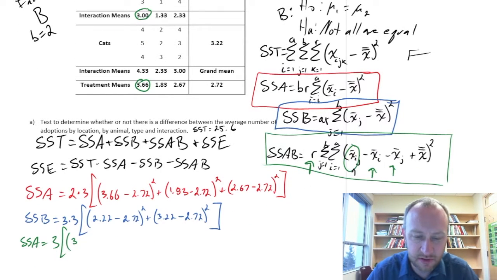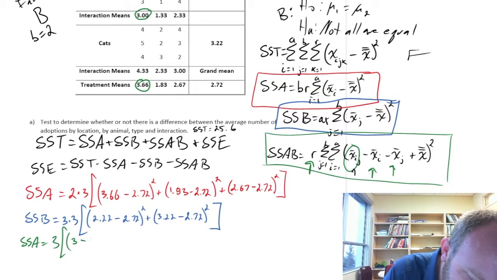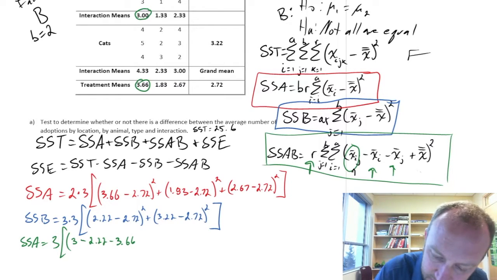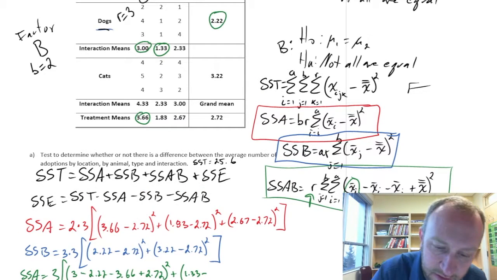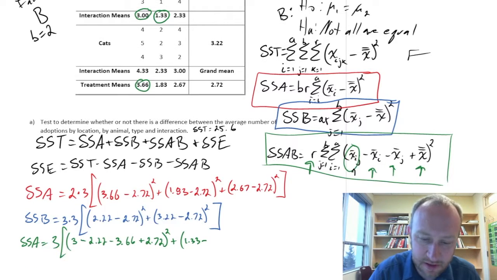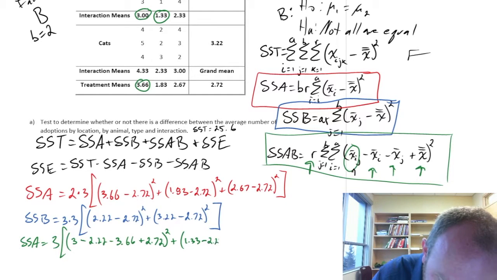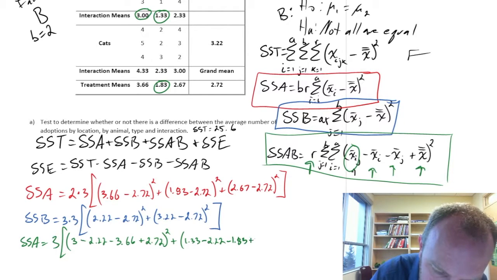So 2.22, 3.66, and then add back that grand mean 2.72 squared plus. Now the next one is 1.3 minus, so still this same treatment mean here, 2.22, but now this treatment mean minus 1.83 plus the grand mean,